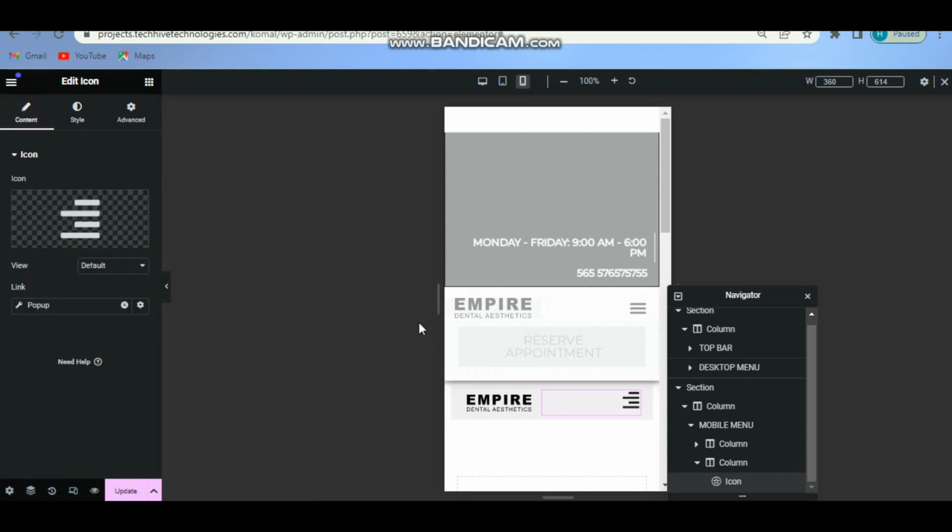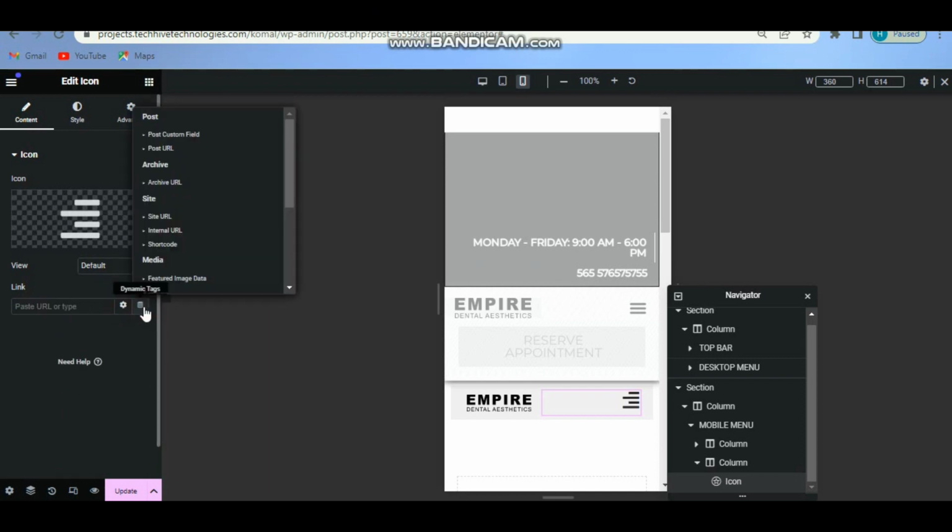Now it's time to add a link to trigger the pop-up, and you can add this to your website's header, footer or any other location you prefer. But in my case we are going to add this to make it a smoother navigation, to improve navigation and user experience on smaller devices. So for that, click here on the link section,